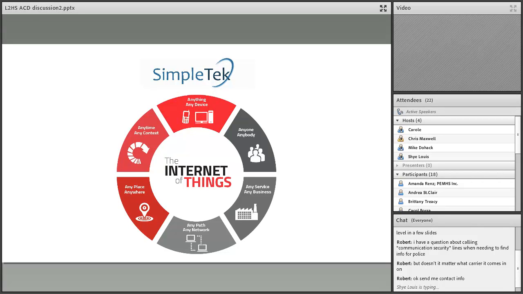All right, so we're in this world that's commonly referred to as the Internet of Things. I put this slide up here because it really speaks to what world we're in. You'll notice anything, anyone, any service, any path, any place, any time. That is the world we're coming into, and the millennials and the various people that adopt that, this is what they're looking for. If you're out there servicing the needs of an organization or a program, you kind of have to meet the people where they are.